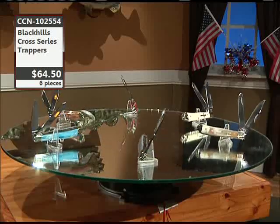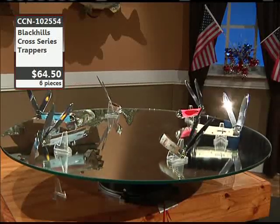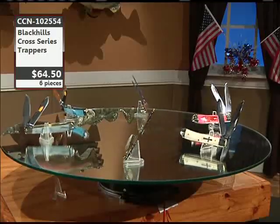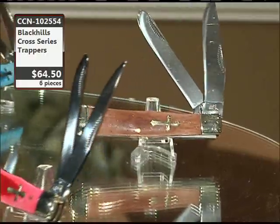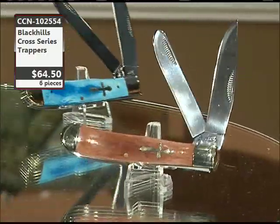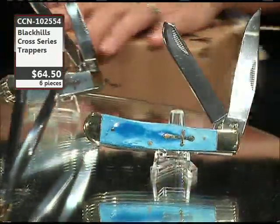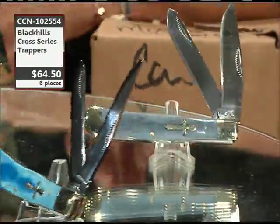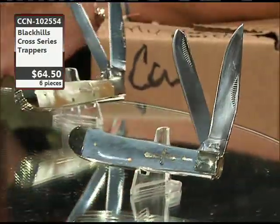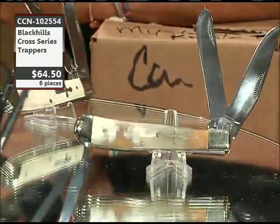The Cross Series. Black Hill Steel now makes a Cross Series, and these are your premium trappers. They do have the miner and the mule tang stamp on the blade, but of course it's a pretty bold cross, which if you wanted to use this as a religious type gift item, I think it would totally fit for that too. If you wanted to give these out at some of the important members of your church,